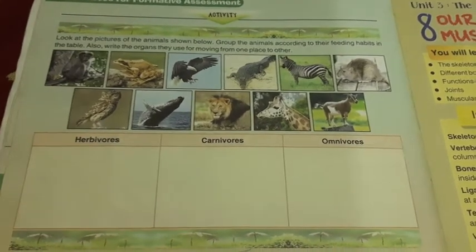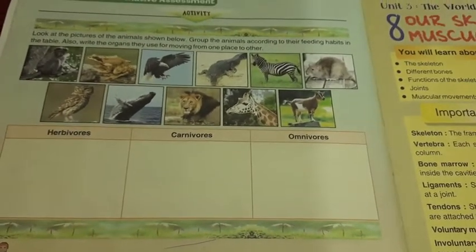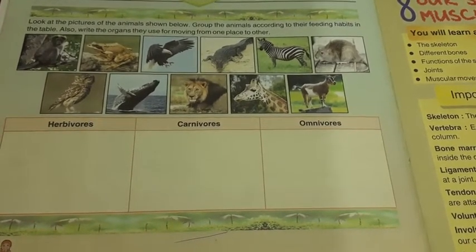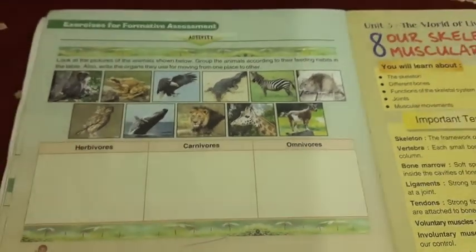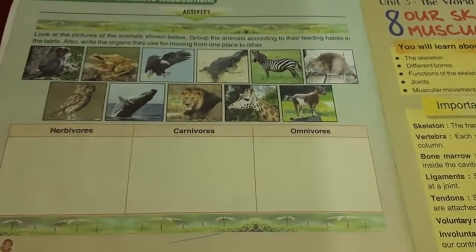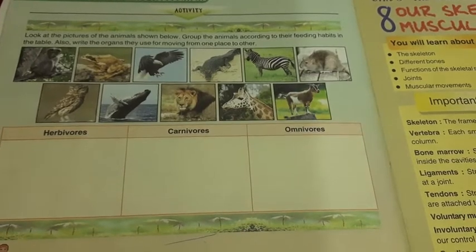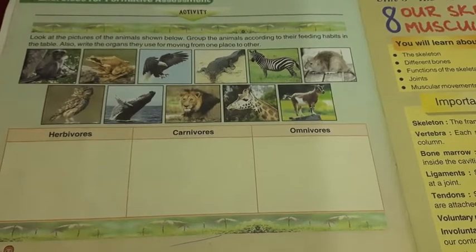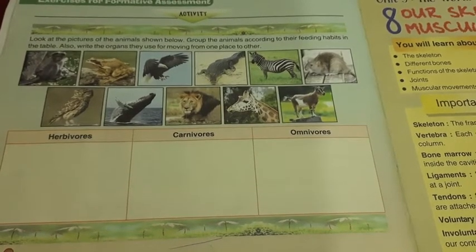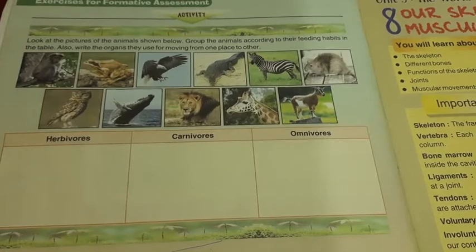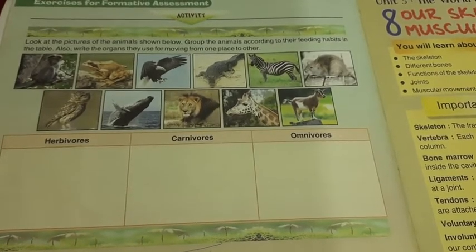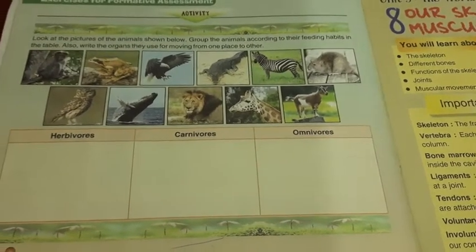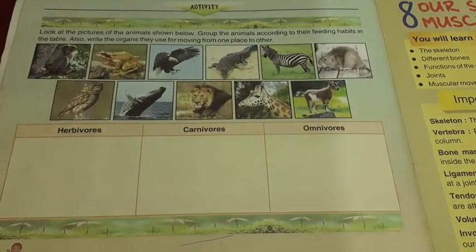Now come to carnivores. Students, who are carnivores? The animals that eat only the flesh of other animals. So carnivores have canines for that. Canines are the tearing teeth. With the help of these tearing teeth, they tear the flesh of their prey. Prey means the animals which are attacked and hunted by them. So they tear the flesh of animals with the help of canines.